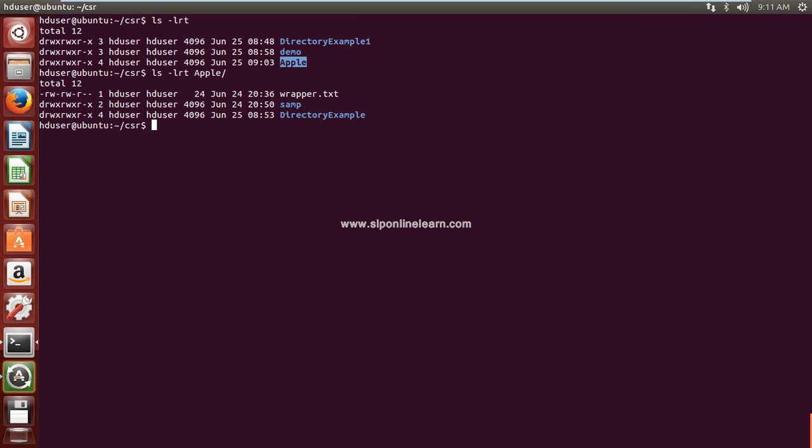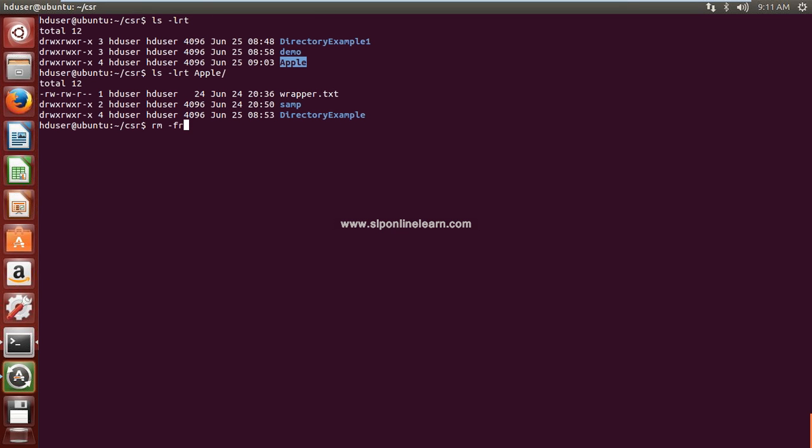If it is an empty directory, we can remove the directory using the rmdir command. But this apple is not an empty directory. There are some files and directories present in this. And to remove all these with a single command, we can use the rm command, but the options are -fr.